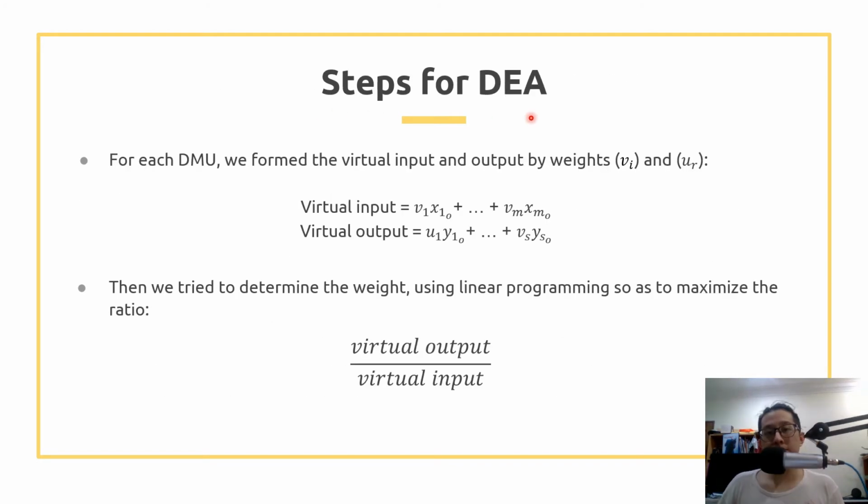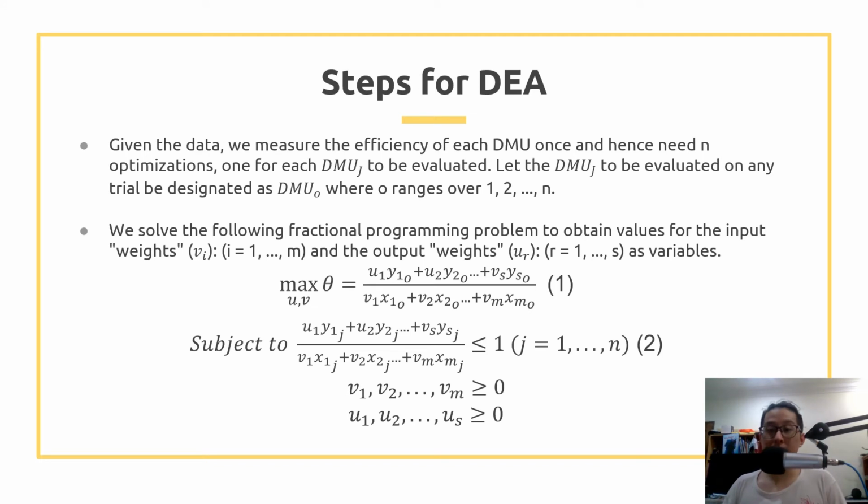This is going to be the steps for DEA. So for each DMU, we form the virtual input and output by using weights vi and ur. So this is going to be our virtual input and output formula. Then we try to determine the weights using linear programming so as to maximize the ratio, and we just use this formula. Okay, using the data, we measure the efficiency of each DMU once, hence we need n optimizations, one for each